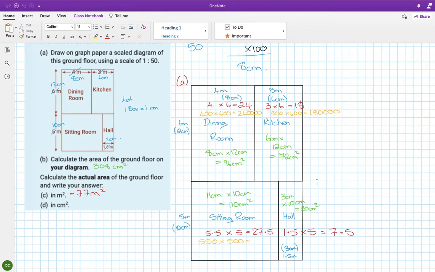So it's 2, 7, 5, 1, 2, 3. Is that right? 550 by 500. No, that's perfect. And then this one is going to be 150 by 500. So 75000. Okay, and then we add all of them up. So 75000 plus 240000 plus 180000, and that comes to 770,123